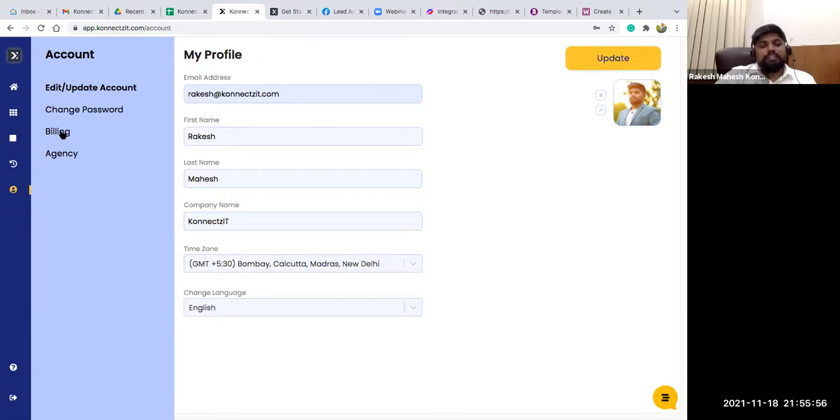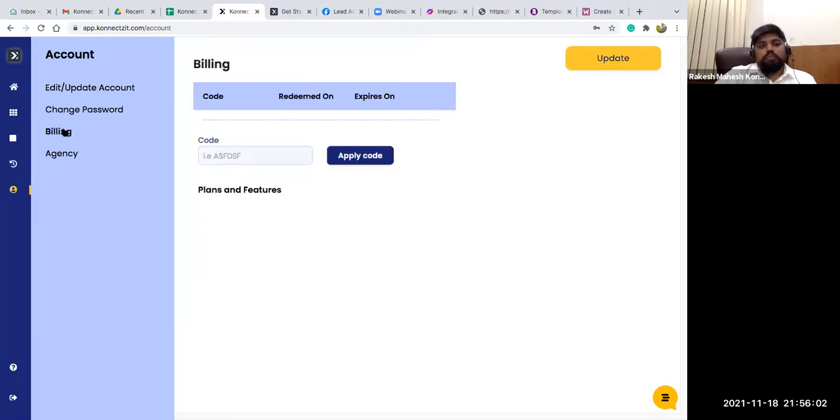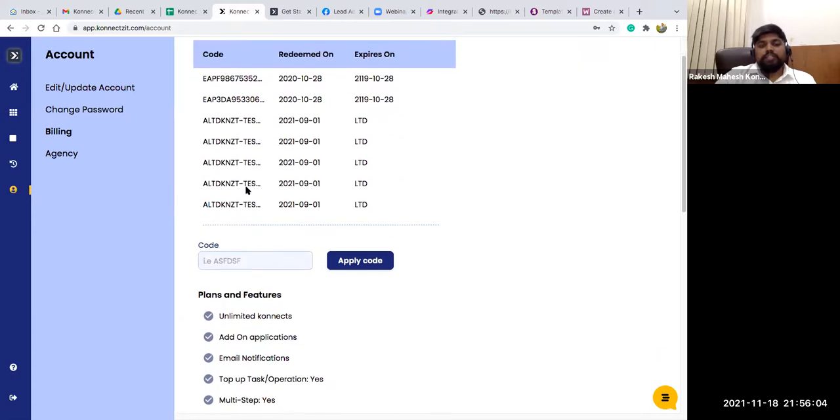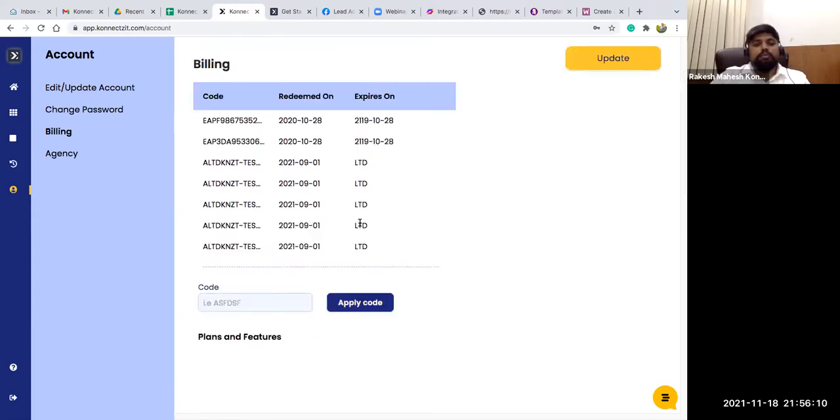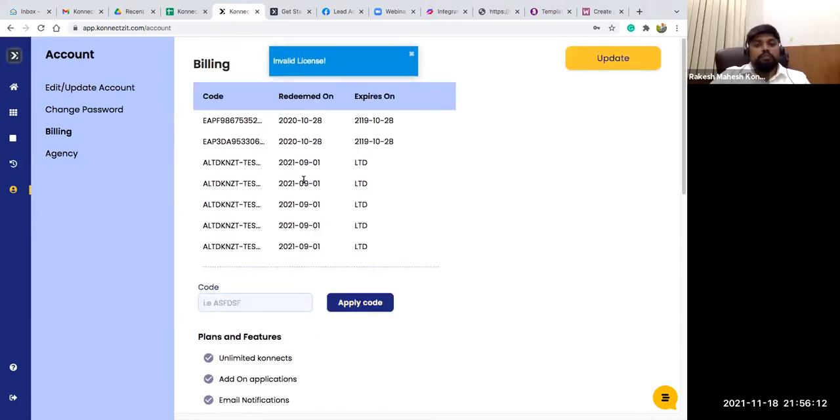Inside the billing option, this is where you can redeem your code. Whatever code you get from any marketplace like AppSumo, you can enter it over here and click on apply code, and that is when your code will be applied to your account.